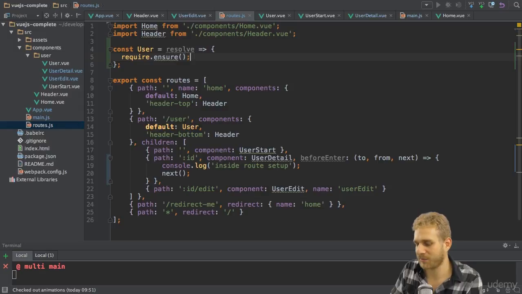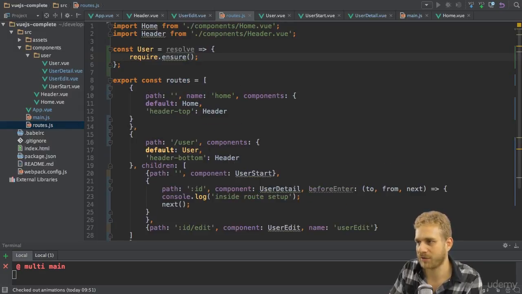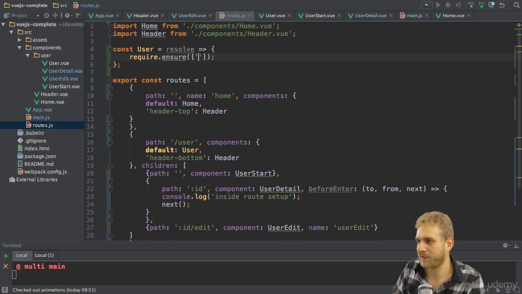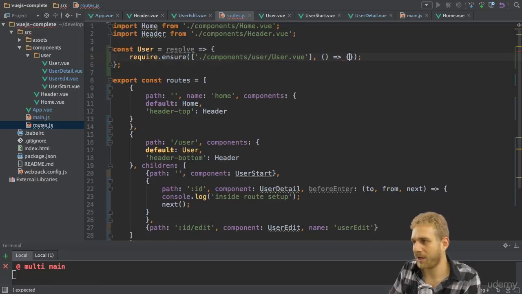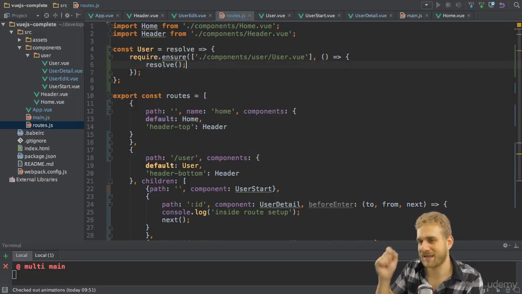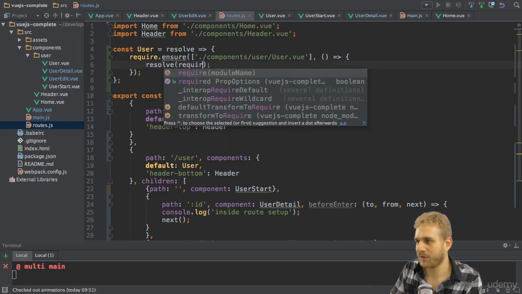And now this is really just some code Webpack will be able to execute and to recognize. So require ensure, and this now takes an array. And in this array, we set up the path to the component we want to load. So /components/user and then user.view. So like before in the import statement, now nested in there. This is the first argument, this array. The second argument is another function where in the body of this function, we use the resolve function we passed in as an argument to call require